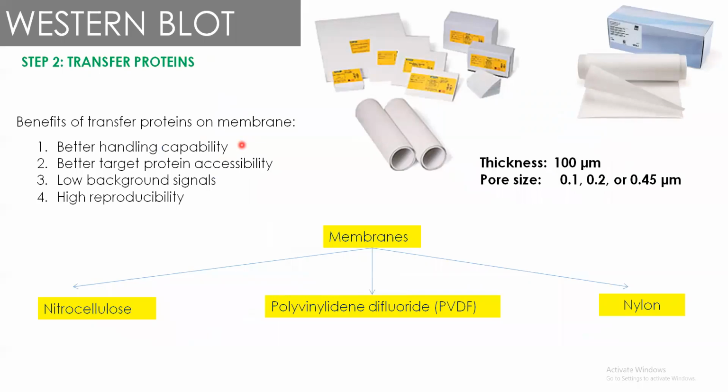Three different types of membranes are mostly used in the Western blot. The first one is nitrocellulose, the second one is polyvinylidene difluoride, that is PVDF, and the third one is the nylon membrane. The main reason to transfer this protein onto the membrane is to have